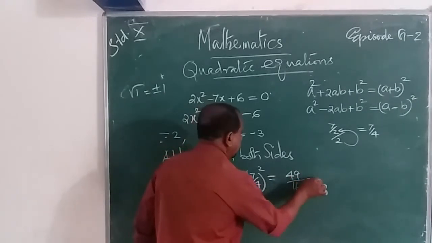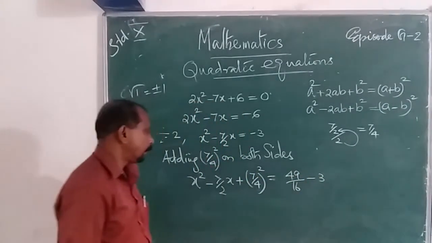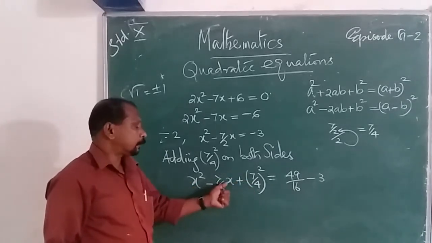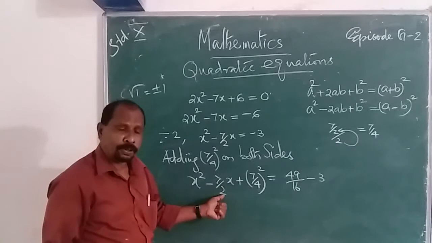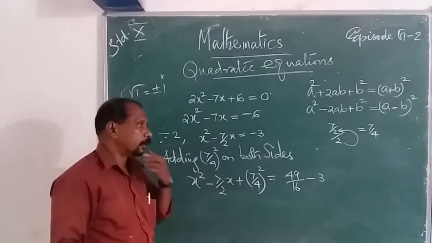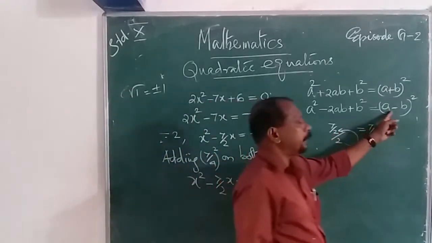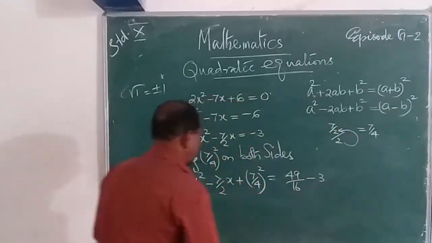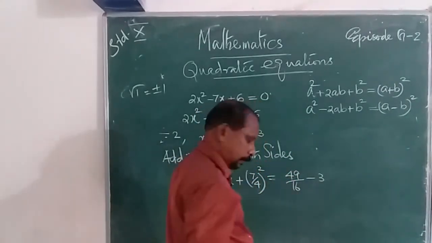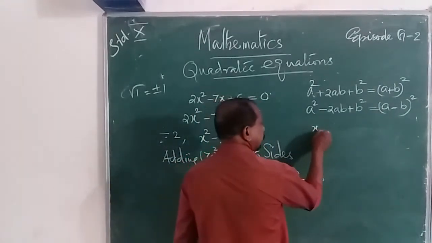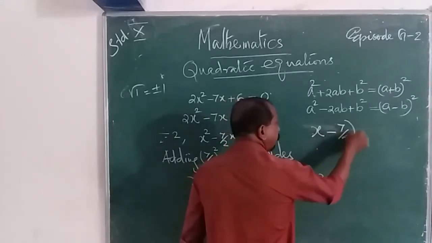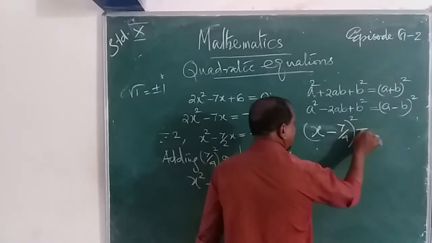7 by 4 the whole square is like 49 by 16 minus 3. This is a square plus b square minus 2ab. 2 into 7 by 4 is 7 by 2. That is a square minus 2ab plus b square. This is what? a minus b the whole square. Therefore, it is x minus 7 by 4 the whole square is equal to